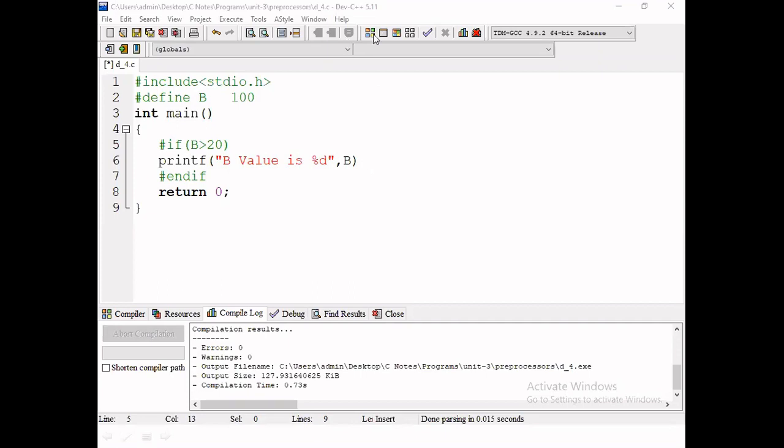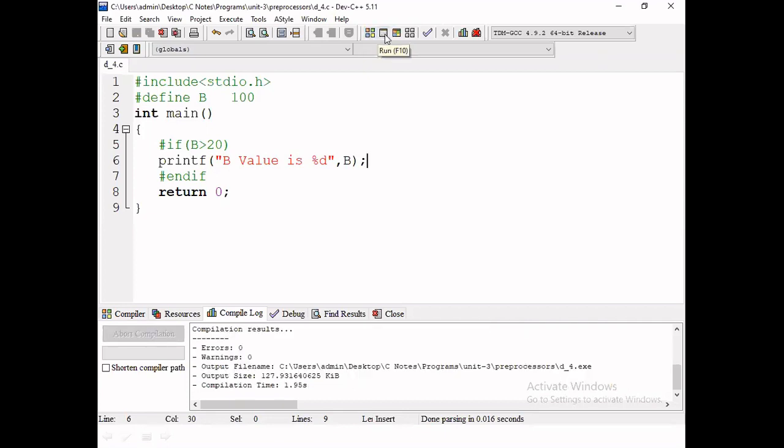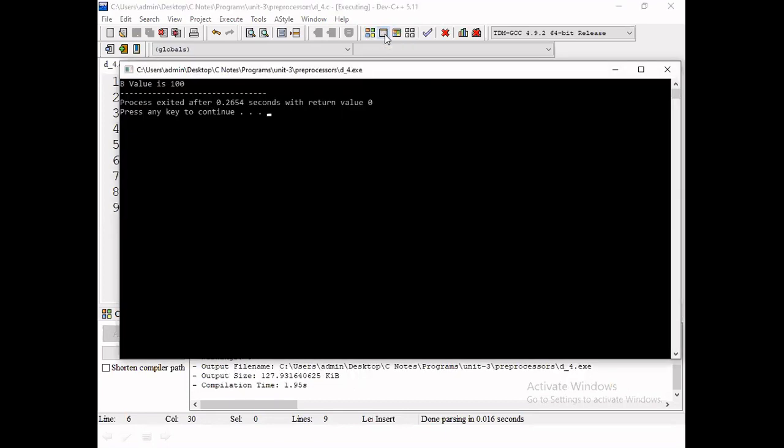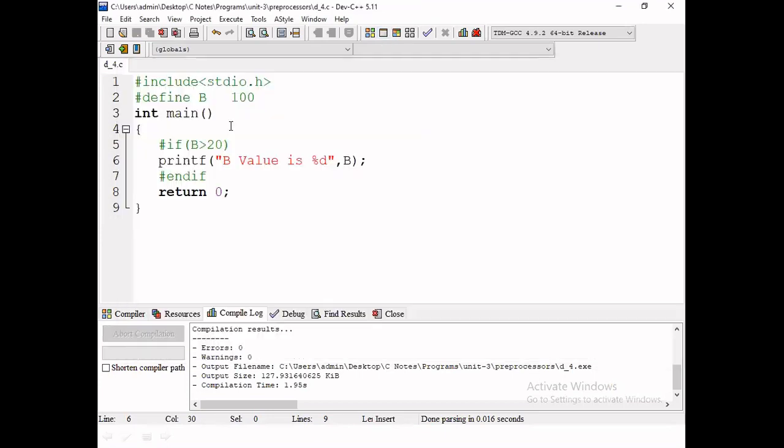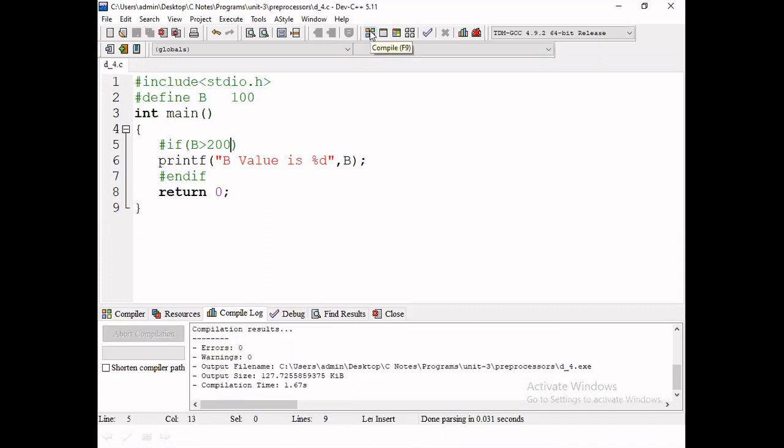Next, here we have to give the semicolon. B is 100. Suppose B greater than 200, it is not true, so no output will be printed.